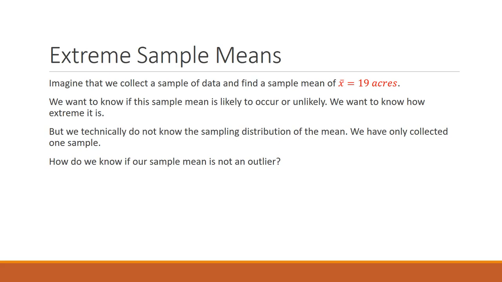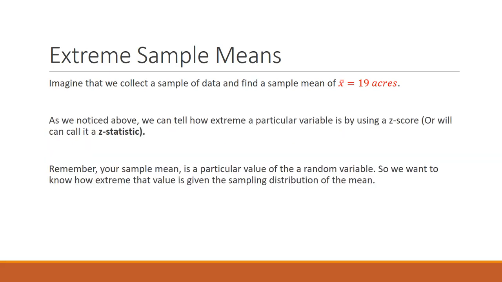But in real life, when we go and collect data, we don't know what the true population land size is. All we know is our sample mean. And so it would be pretty important for us to know whether or not our sample mean is likely to occur or unlikely. We want to know how extreme it is. We want to get a measure of how far away it is from the mean. But we don't have the true sampling distribution of the mean. We've only collected one sample. We want to know if our sample mean is an outlier. Well, we can